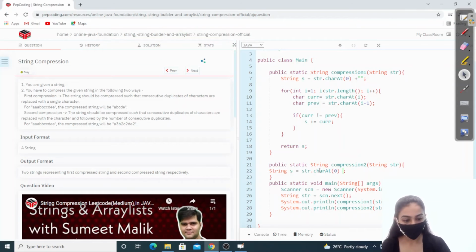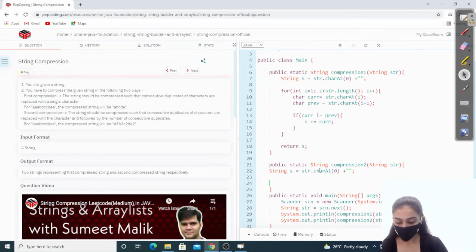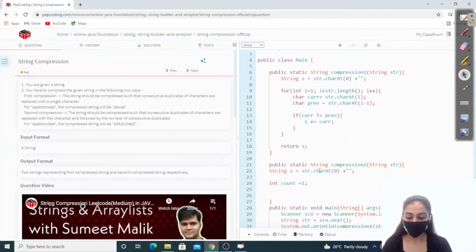So we'll add an empty string to convert it into a string. Now we want one more thing, that is the count, which is initialized to 1, right? Now we'll apply the for loop. So for int i starting from 1, i is less than str dot length, i plus plus.